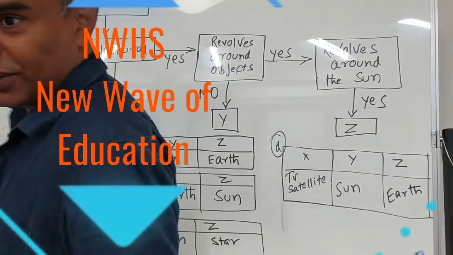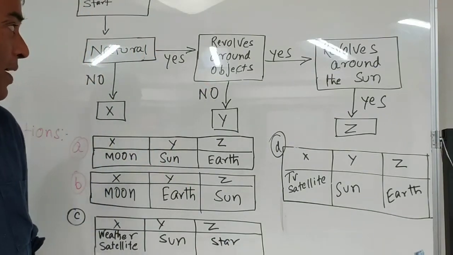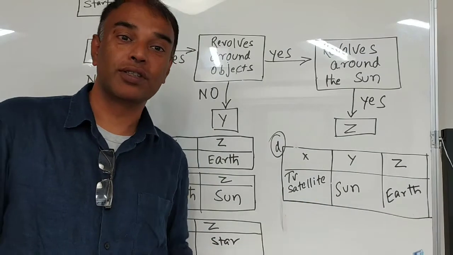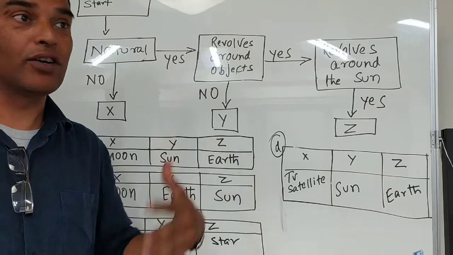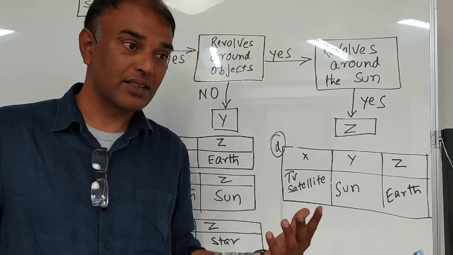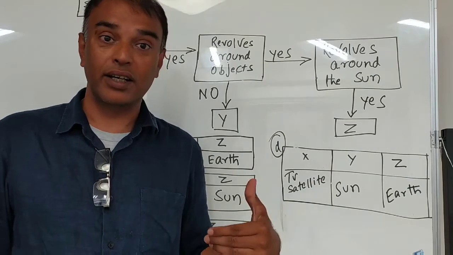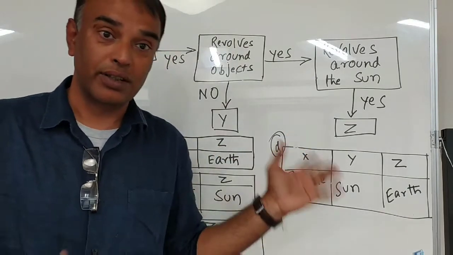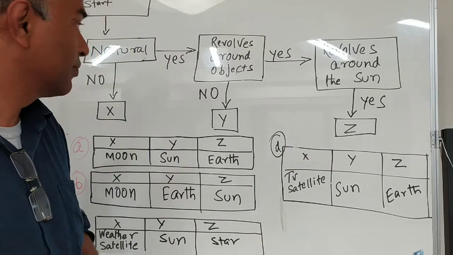Hi, again I am back with another example of critical thinking and application of knowledge. So we all have studied, that means our children have studied about the solar system, planets and all these things. But whether they got questions which force them to think critically or to apply their knowledge in real life situations, that we have to see. That's the main aim of education.